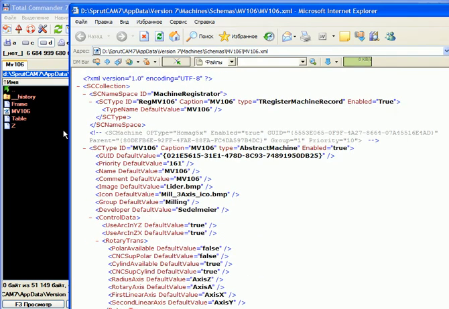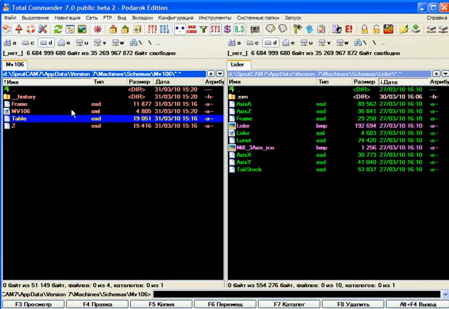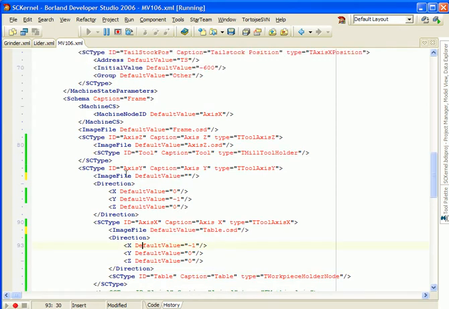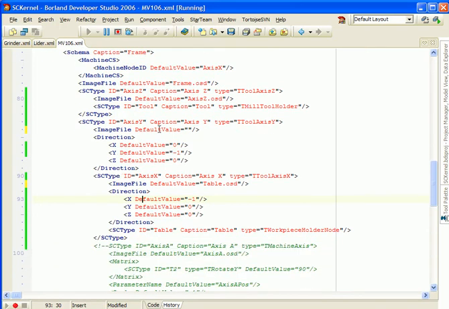So we can try to insert this file in SprutCAM. Just a moment. Well, y-axis has no image file, and x-axis has the table OSD. Well, maybe that it is enough. Save it again,